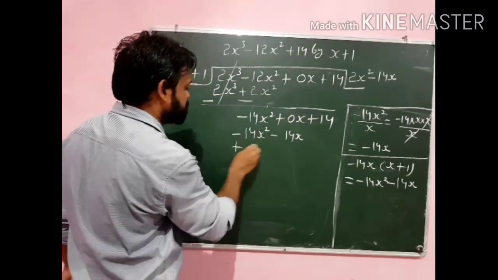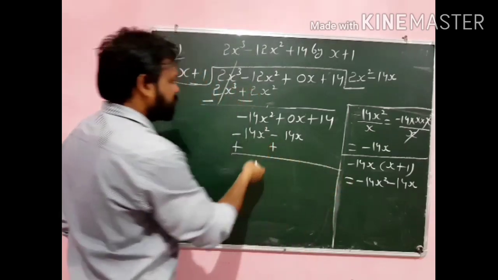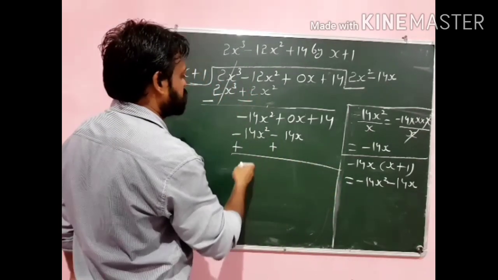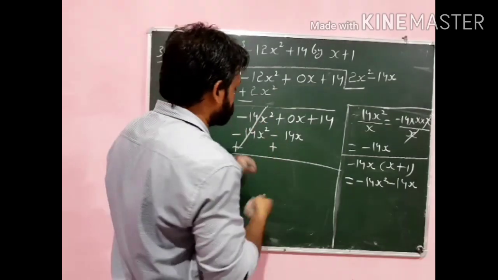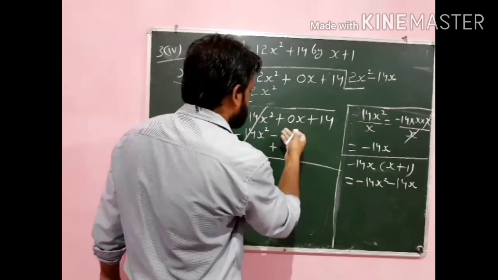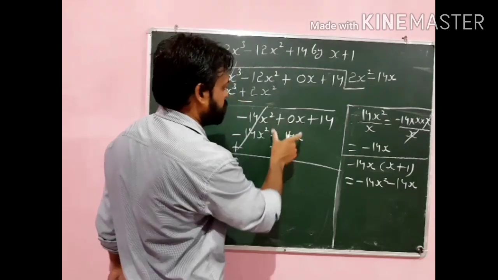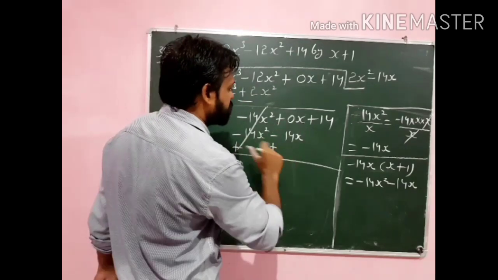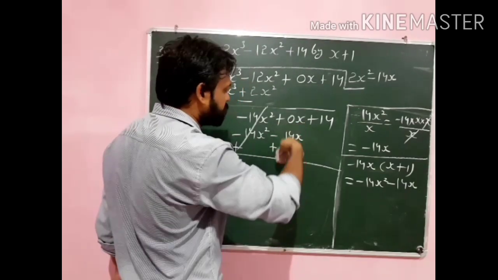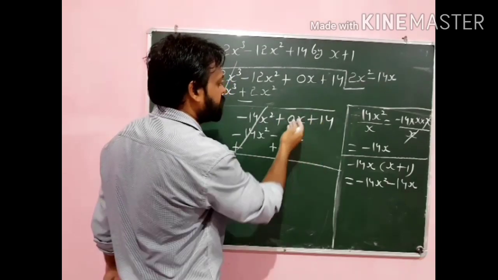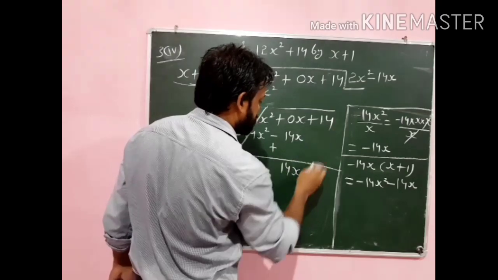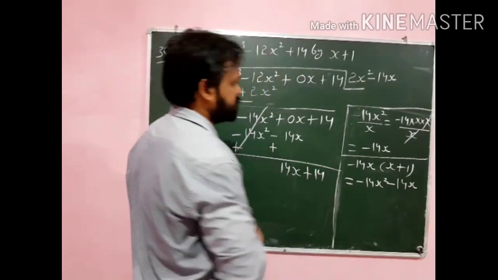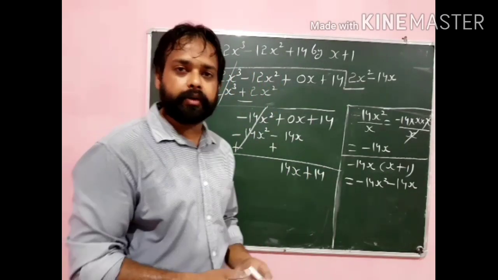So now change the signs. It will become plus and also this will become plus because it is of negative sign. Both terms are of opposite sign and are cancelled out with each other. And now you can see this is 0x plus 0x and this is plus 14x. Both terms are of plus sign, so plus plus is plus, 14 plus 0 is 14. So it will become 14x and this plus 14 as it is. So I hope this step is clear to you.